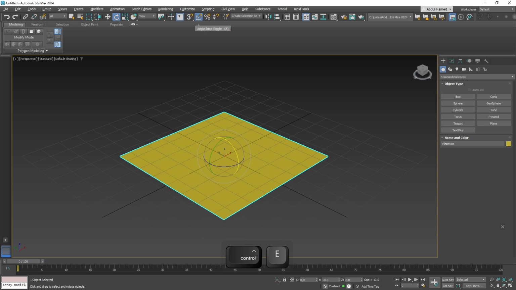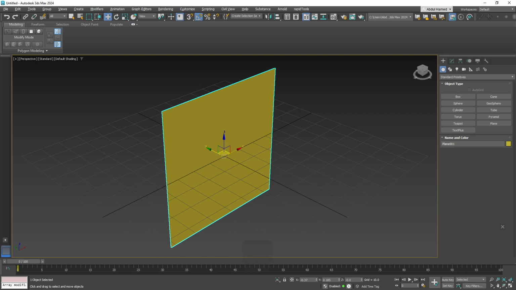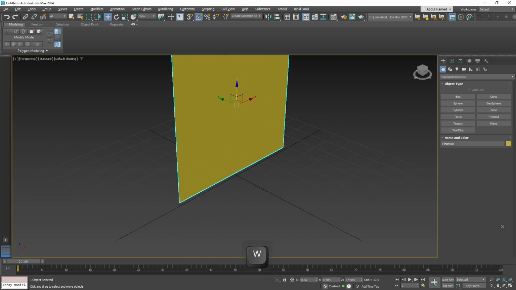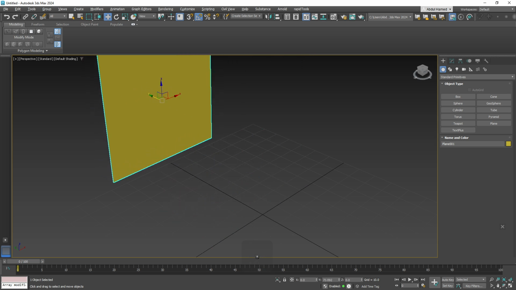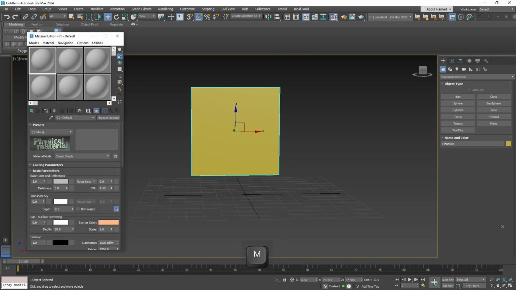Let's make sure angle snap is on and rotate it 90 degrees. Let's move it up and move it back. Press M for materials and drag any materials to it. Make sure this material is active. You can see the white highlight around that material. And right here